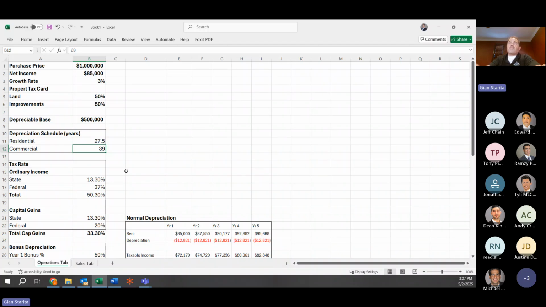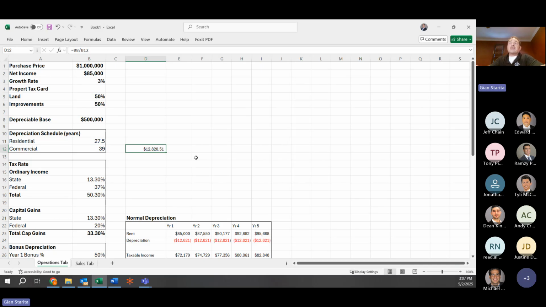But okay. So far we buy a property for $1 million. We get our land card. We determine that it's 50% land, 50% improvements. We can only depreciate the improvements. And so our depreciable base is 500,000, and the IRS says I can depreciate that over 39 years. What does that mean? That means I take that 500,000 and divide it by 39, and every year I can take a write-off, a deduction, an expense of $12,820. That works out to a little over $1,000 a month, by the way, if you only have the building for a partial year.